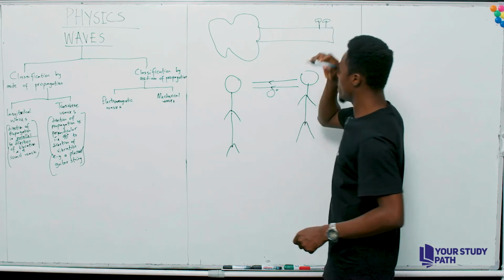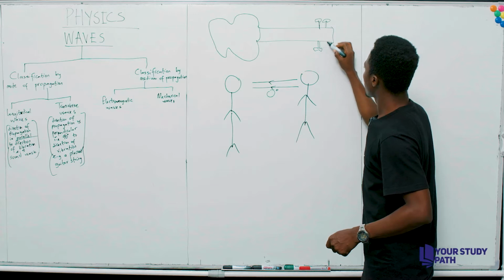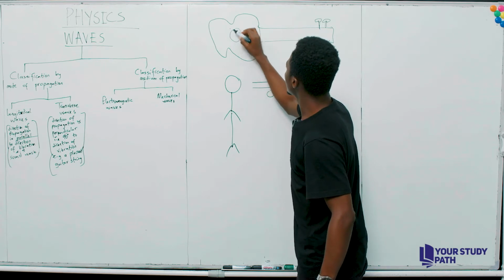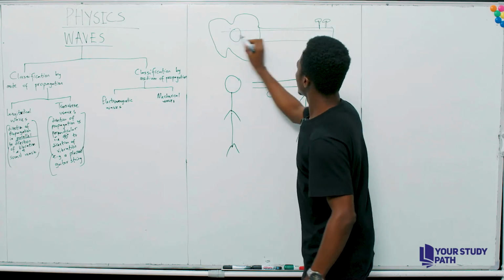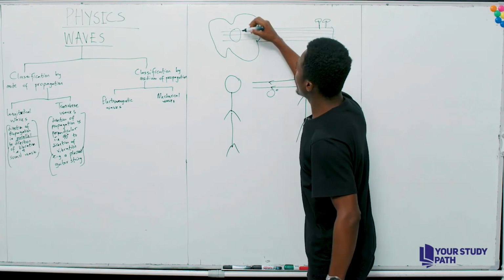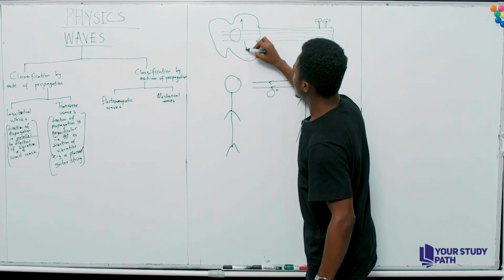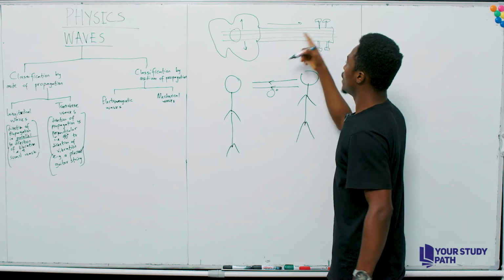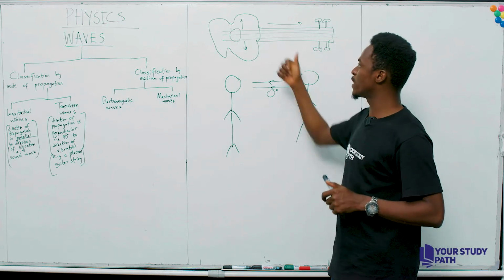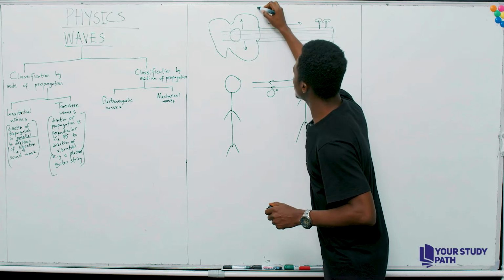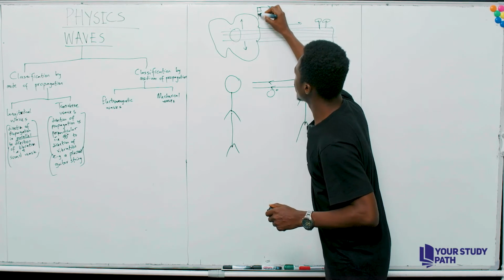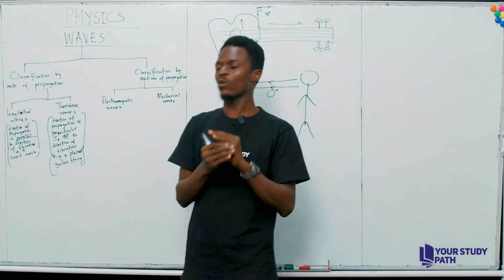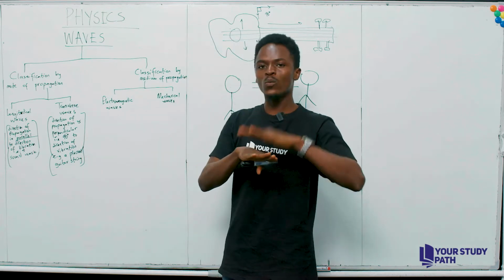So, let's assume that we have this as our guitar. We are going to have our string being plucked up, down, up, down. But what happens is that the wave, the vibration, is transferred along the string in the forward direction. So you can see that this is at 90 degrees to each other. As such, this is why we're saying that we have a perpendicular direction when we talk about